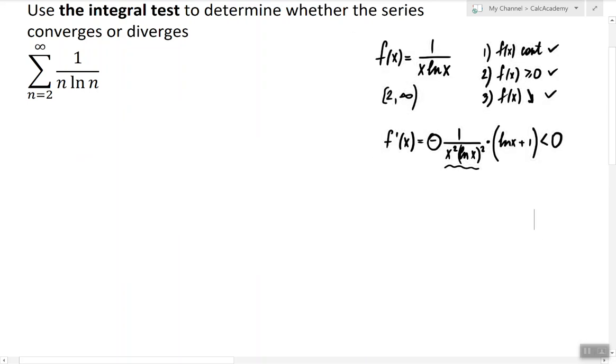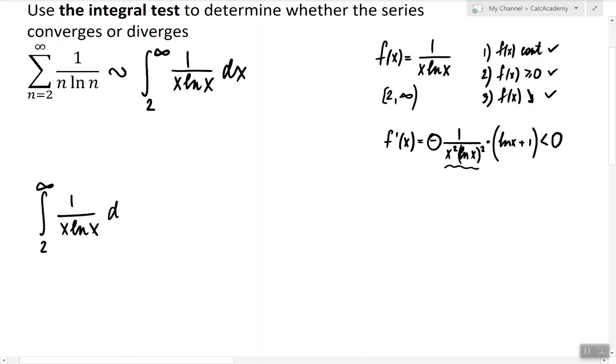And once we made sure that the test is applicable, we are going to make this claim. The given series behaves in exactly the same way as the improper integral of this function on the interval from 2 to infinity. And now all that is left is to find this integral. Is this integral convergent or divergent? Let's find out. We're going to do a substitution here. So t equals ln x. dt then is equal to 1 over x dx, and the limits of integration then will be